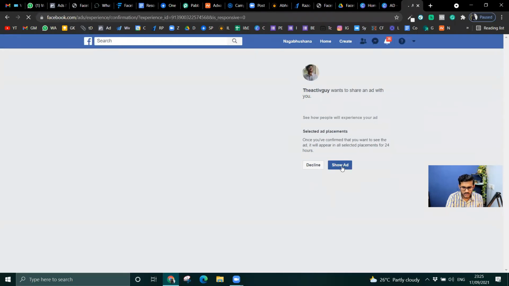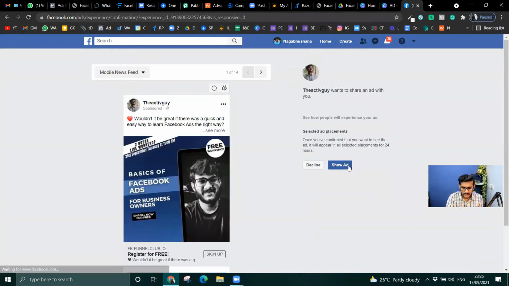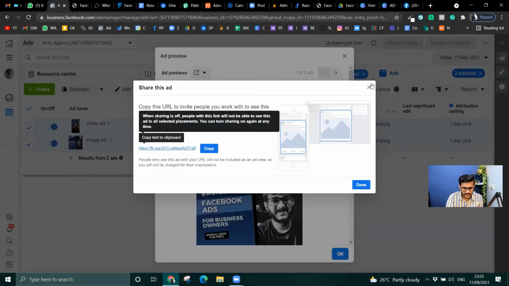I'll just say show ad. Let me see which ad is selected. Okay, this ad is there. I'll just click on show ad. Right, it took me back to Facebook now. Right, I just wait for it to get completed. Okay, so done. I'll just go back to Facebook ads again.